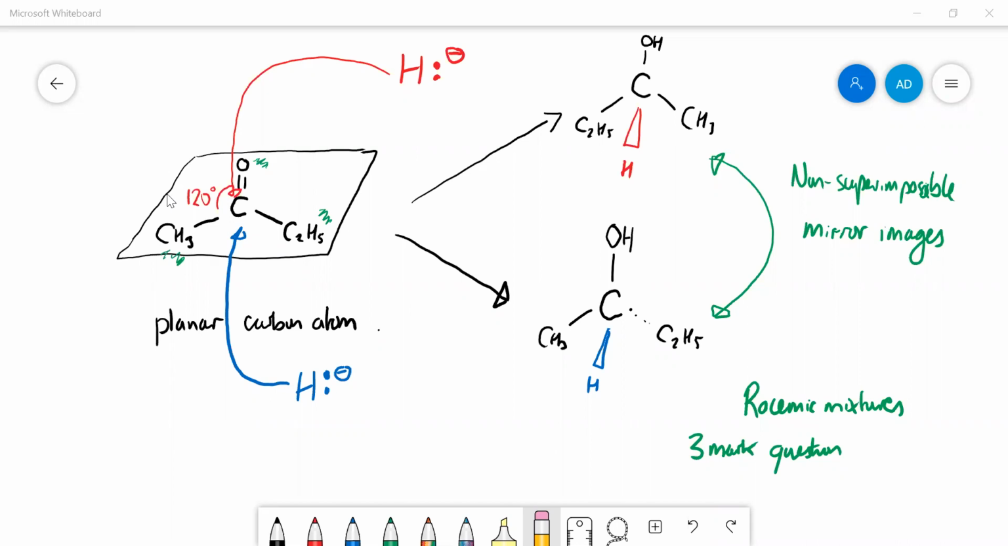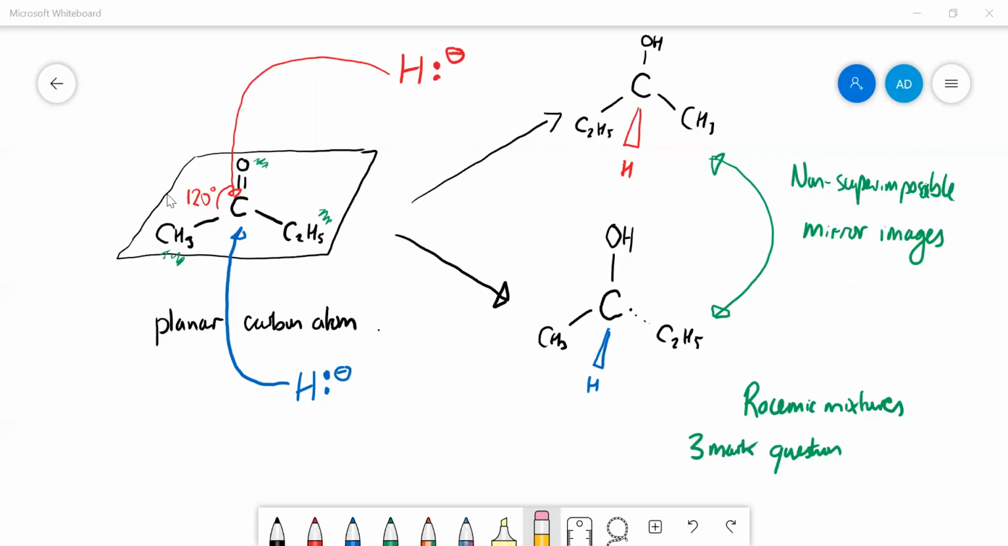You get a 50-50 mixture of both isomers. The reason for that is because it goes through a planar intermediate, and the hydroiodine can either attack from above or below. So this is a little bit off topic, really. It's not really the aldehydes and ketones topic, but going back to year 12 stuff,